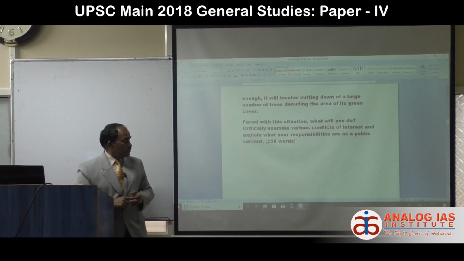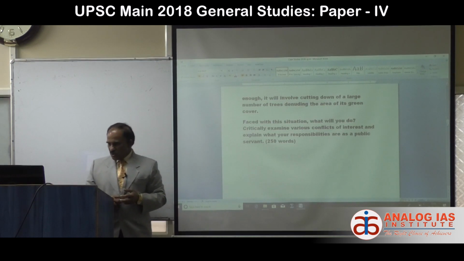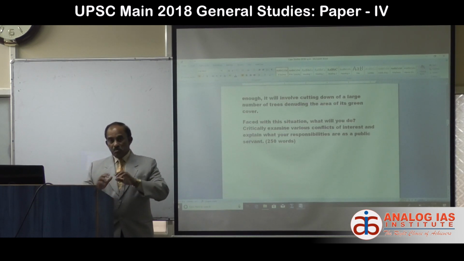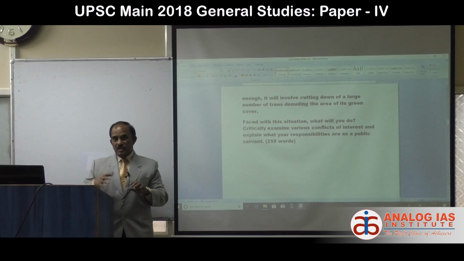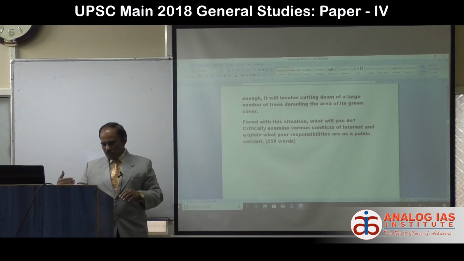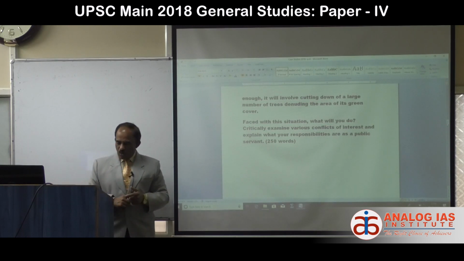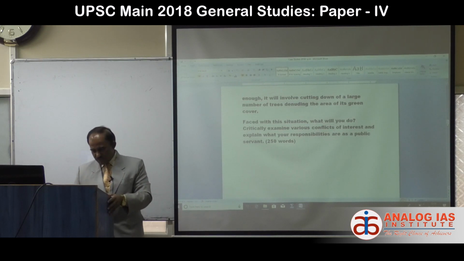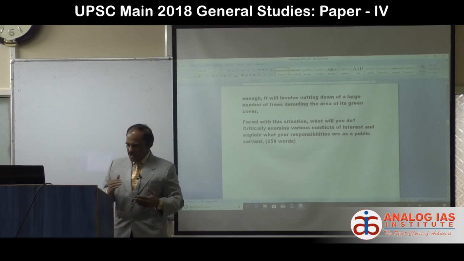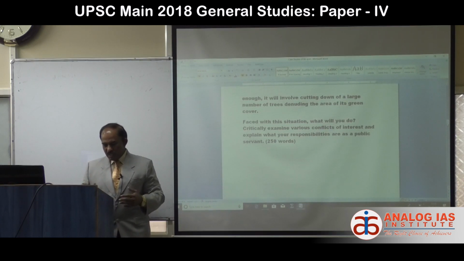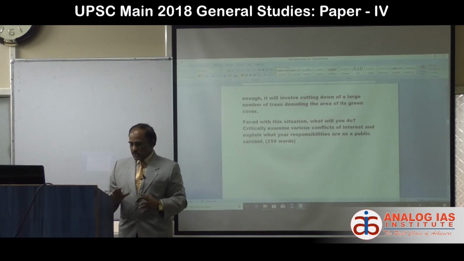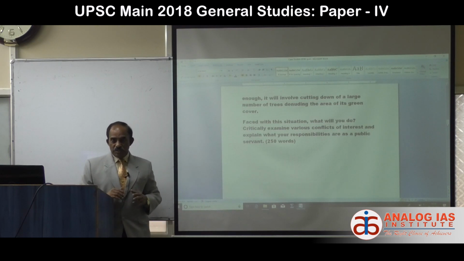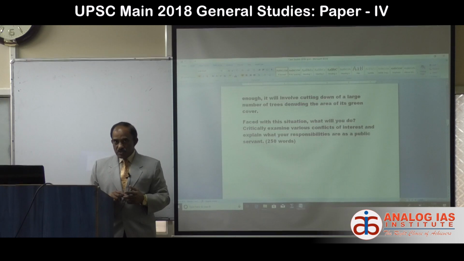The second one, he must be impartial. So he should take decisions based on merit alone, not on the benefit which he is going to accrue. The third one is called the commitment to public service. Deliver services in a fair and effective, impartial, courteous manner. So commitment to public service is the third one he must go by.